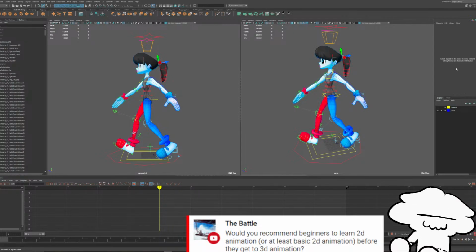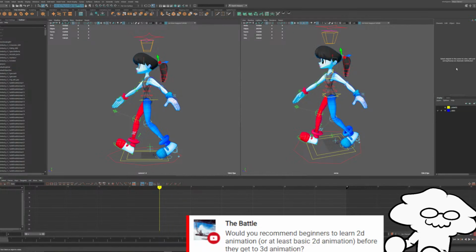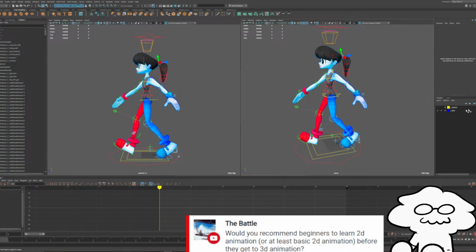I have generally seen from artists, their work is a little better whenever they have some 2D knowledge. Even basic 2D drawing ability, basic 2D animation ability, I think it always helps a lot. It helps a lot, but it's not required. You do not need 2D animation abilities in order to get into 3D. But it does help quite a bit, more than you would think.